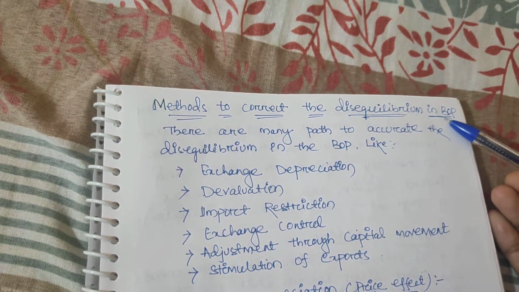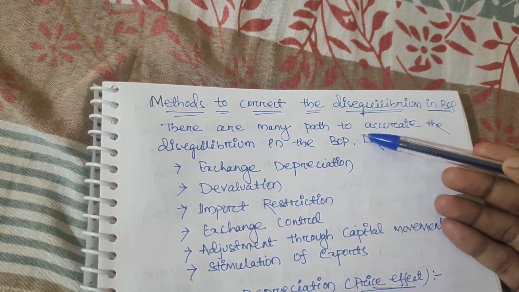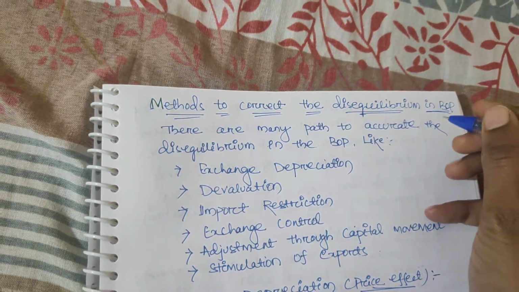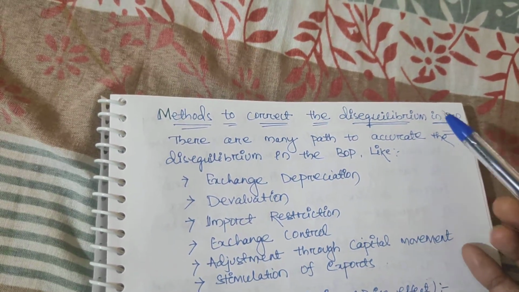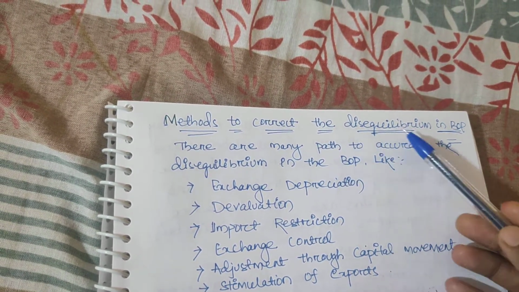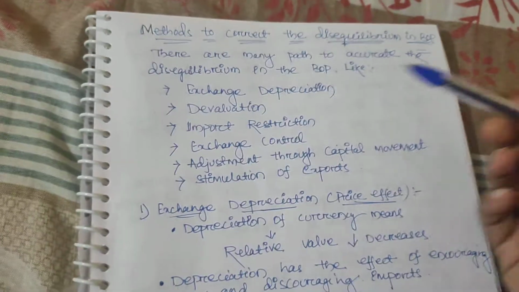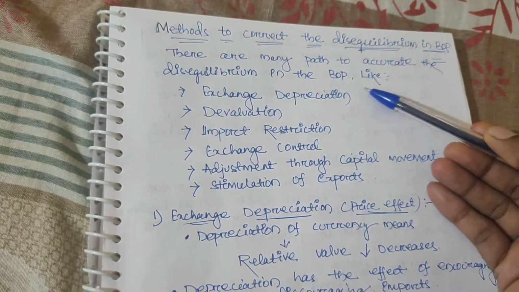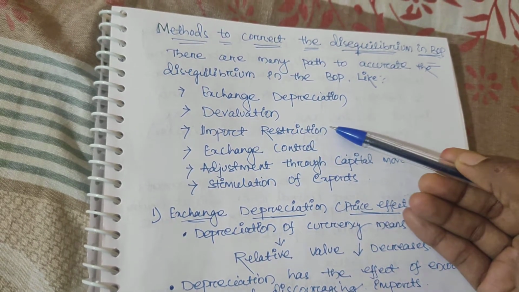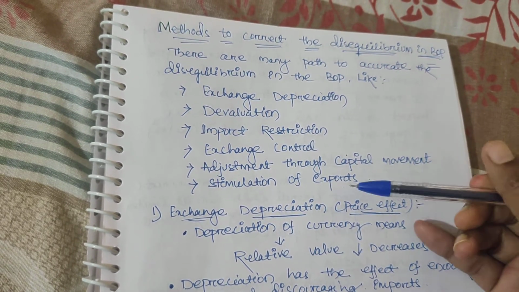As per my words yesterday, disequilibrium means either deficit is there, or surplus is there. But the balance of payment all the time wants to be in an equal or balanced situation. So how will we bring it to that balanced situation if disequilibrium means deficit or surplus happens? There are so many ways to correct the disequilibrium of balance of payment. It may be exchange depreciation, devaluation, import restriction, exchange control, adjustment through capital movement and stimulation